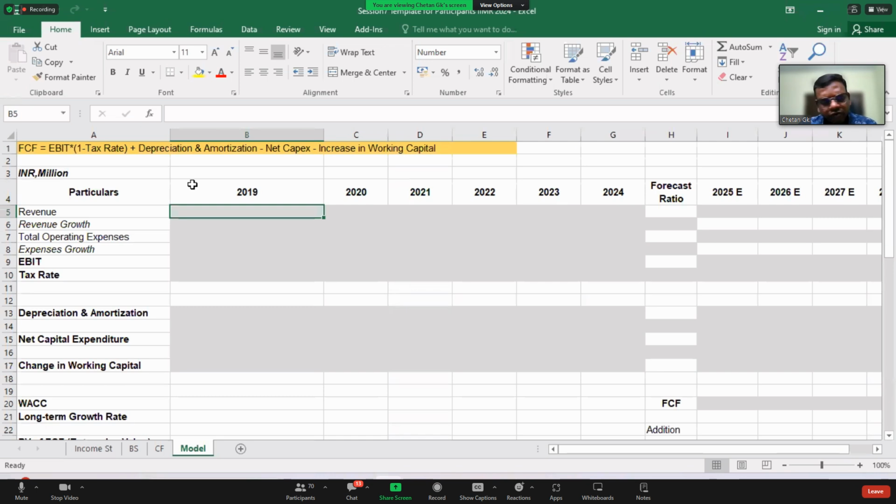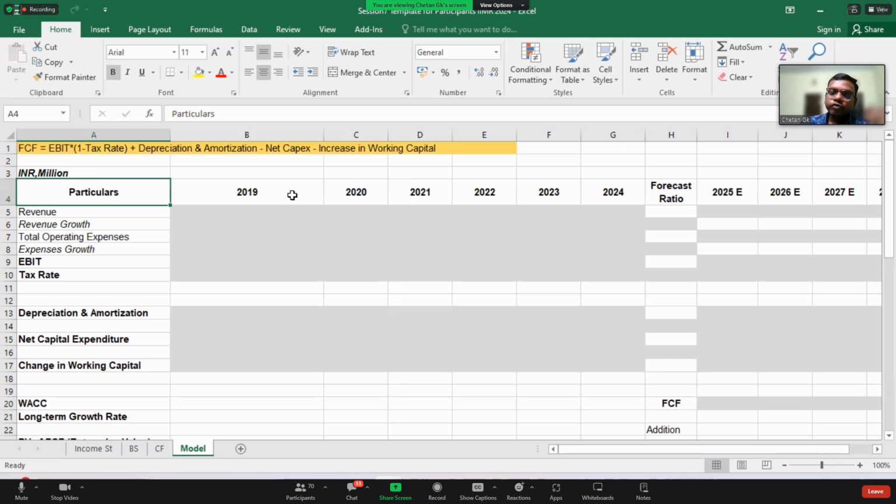If you get a hang of DCF valuation through this short example, then if you go for other financial modeling courses available on the internet or elsewhere, you should be able to understand the crux of it. Is it fine? Because it's a shorter version of what I can do in one session.